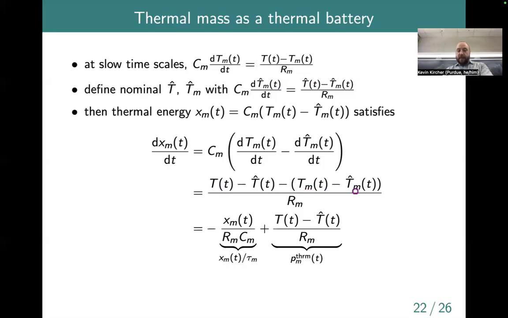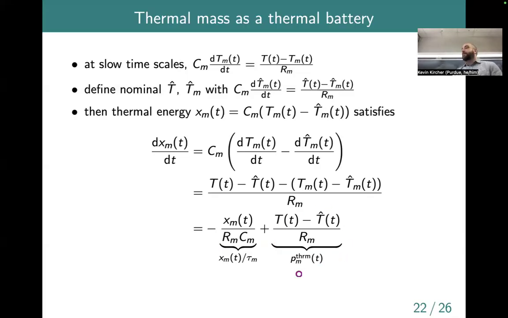So we look at the Tm minus T hat here, group those terms and recognize that that is just negative x divided by c. So that's where this negative x over Rm Cm comes from. And then the other term here, T minus T hat, that's unchanged. So we again just identify terms. The thing we're dividing the energy by, well, that ends up being the time constant. And you can again check units and show that this thing would have units of time. And then the additive term that shows up next to it in the equation, well, we just identify that with